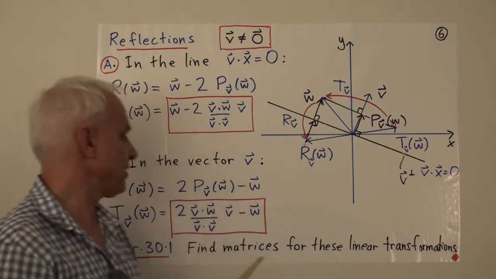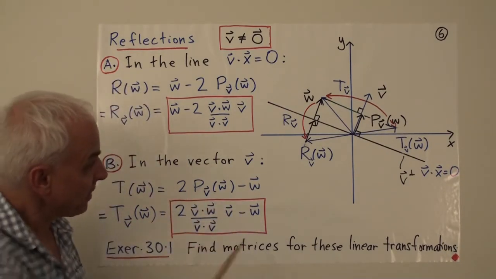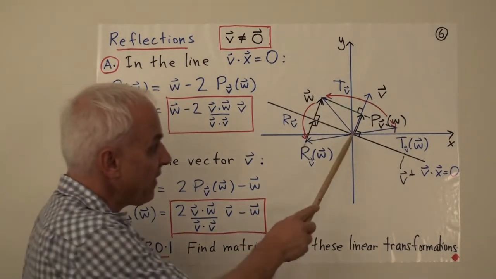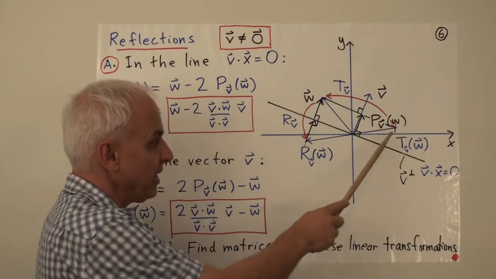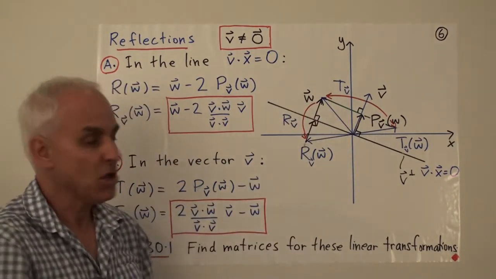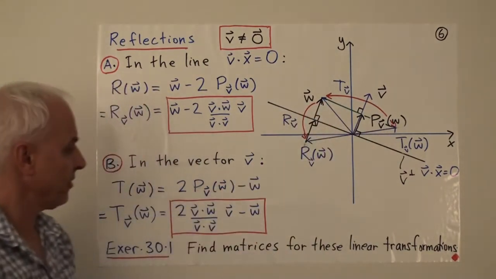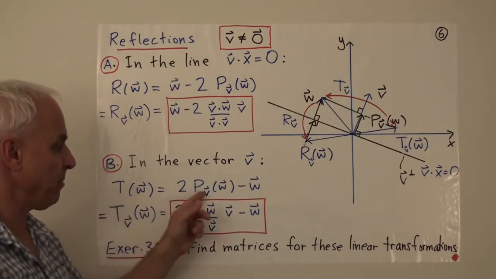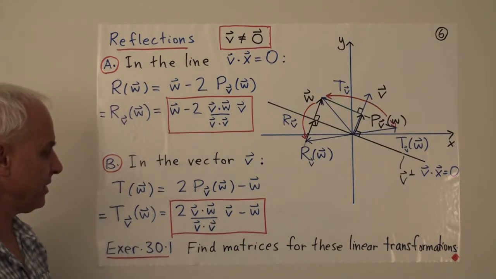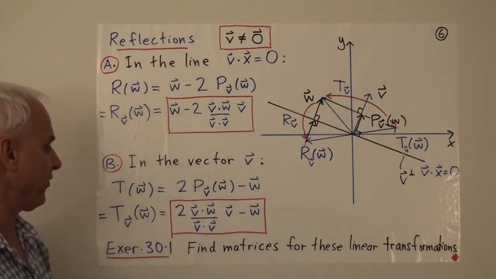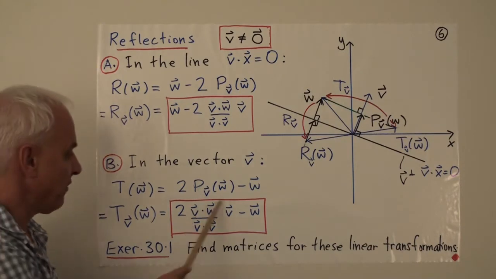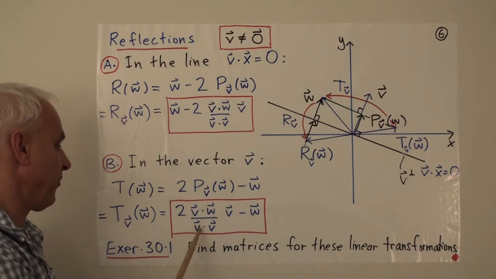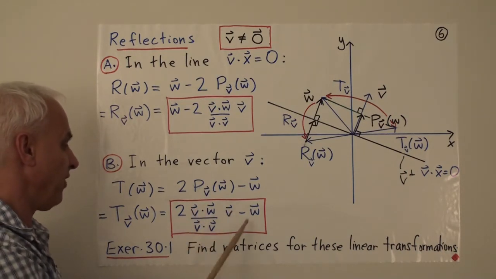And to see that that's true, here's one way of thinking about it. If you take the vector w and you take this vector, whatever it is, then the vector p sub v of w, this vector here, is exactly halfway between them. So it's the average of those two vectors. So if you take this vector w and put it to the other side and you divide by 2, you get p sub v of w. It's a way of remembering what the formula is. And in terms of p sub v of w as our usual formula, we can write that explicitly as 2 times v dot w over v dot v times v minus w.